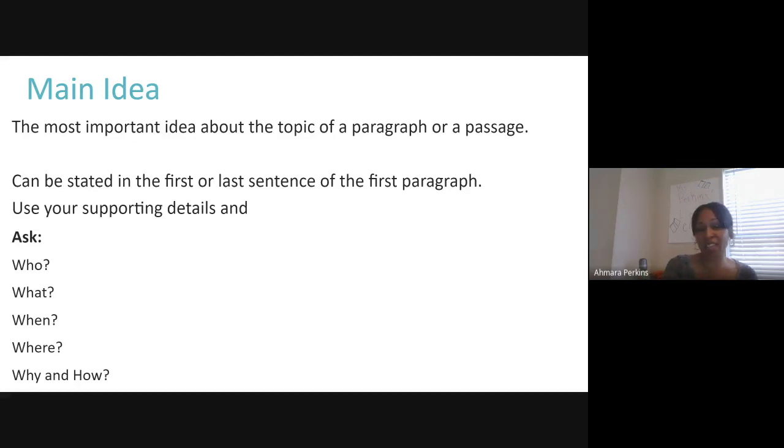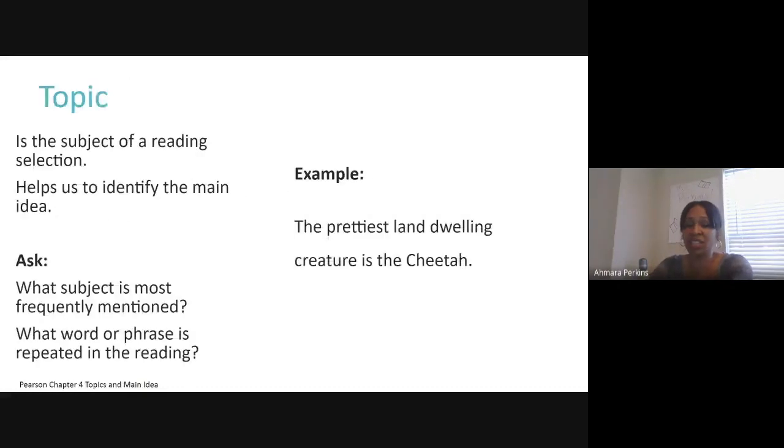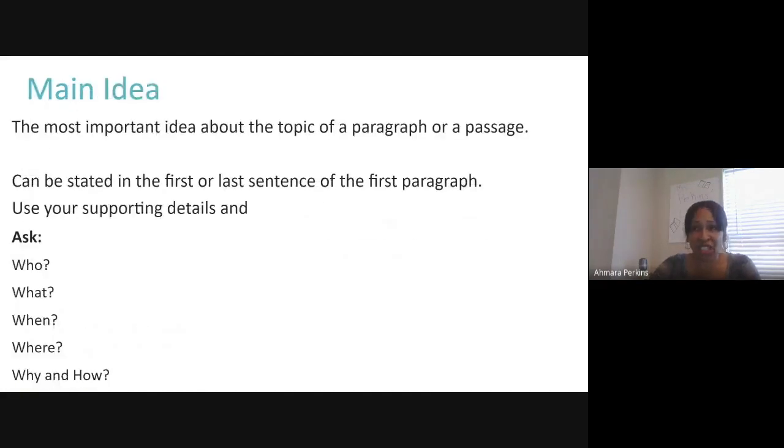Now, for main idea, the most important idea about the topic of a paragraph or a passage can be stated in the first or last sentence of the first paragraph, and you use your supporting details and ask questions like who, what, when, where, why, and how. So essentially what you want to do is, once you find that subject, that topic, so let's go back here, the topic for this example sentence is cheetah. But then you want to say, okay, well, what about the cheetah? Because sometimes that is the main idea, where it's talking to you about the cheetah and describing the cheetah. But oftentimes the topic